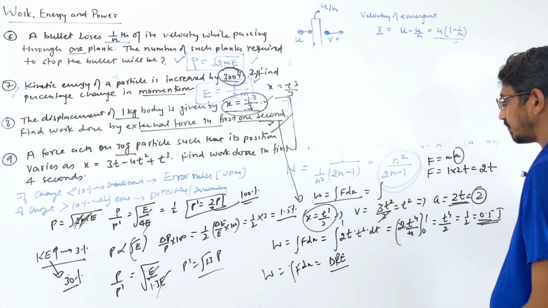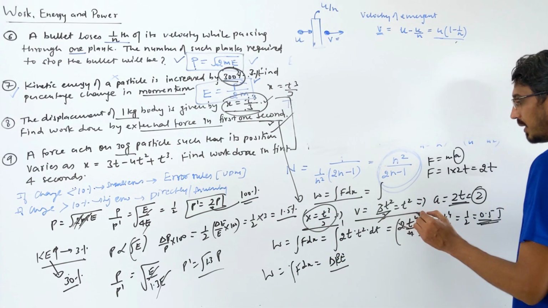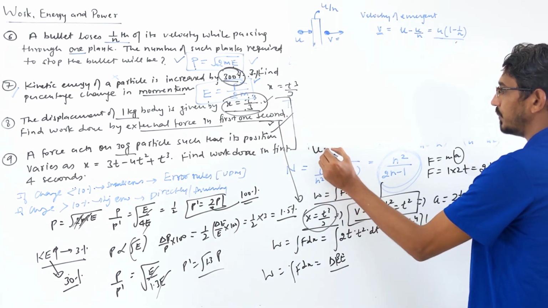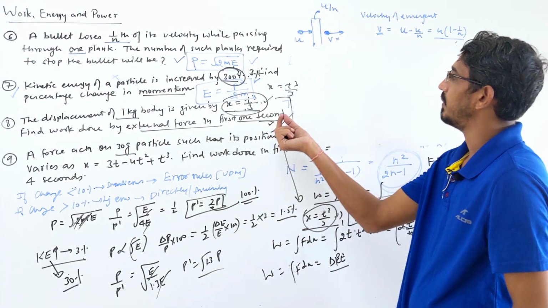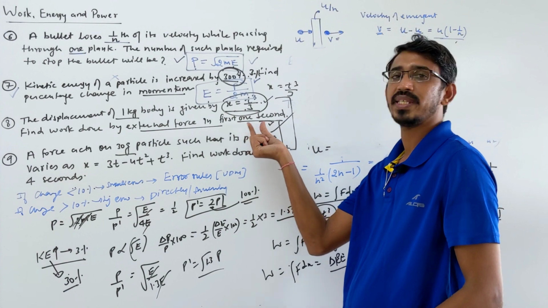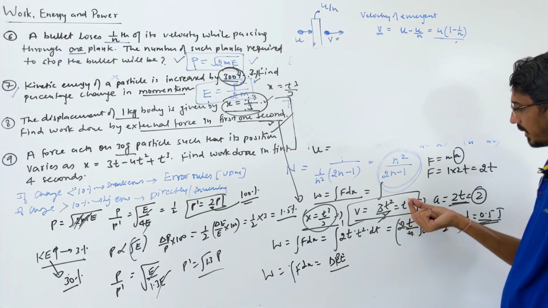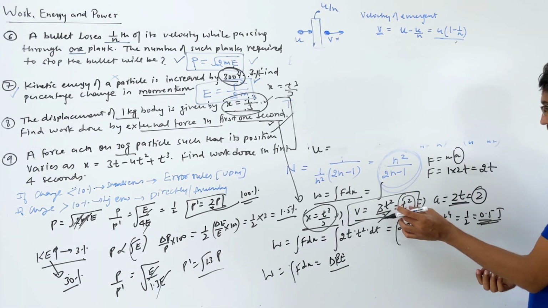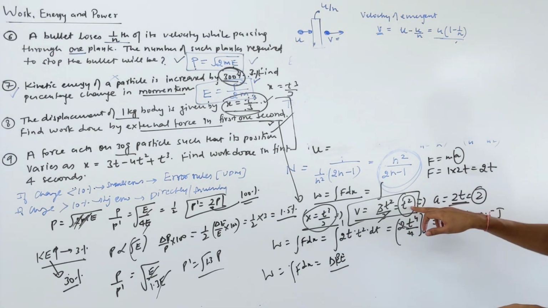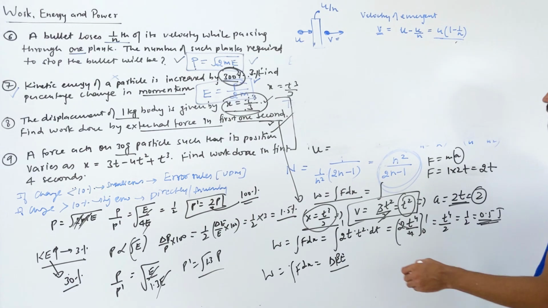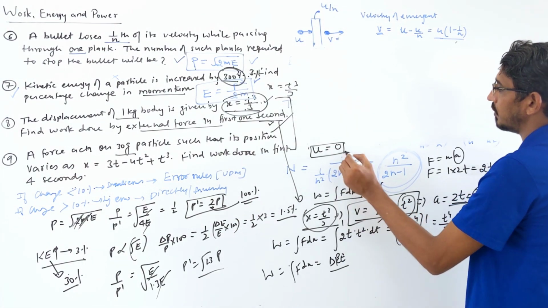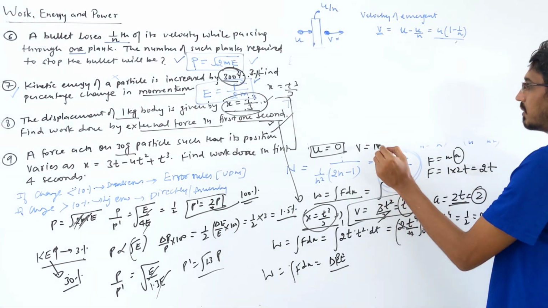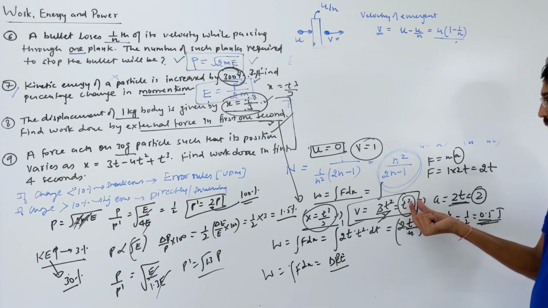So how to make this simple? Displacement is given, you found velocity, directly find the initial and final velocity. What is the initial velocity, u? Initial time, they said we are varying from 0 to 1 second. So initial time is 0, you put time as 0 here in the velocity. So when you put time 0, your initial velocity becomes 0. And what is the final velocity? You put the final time, which is given as 1 second, that becomes 1, t square.